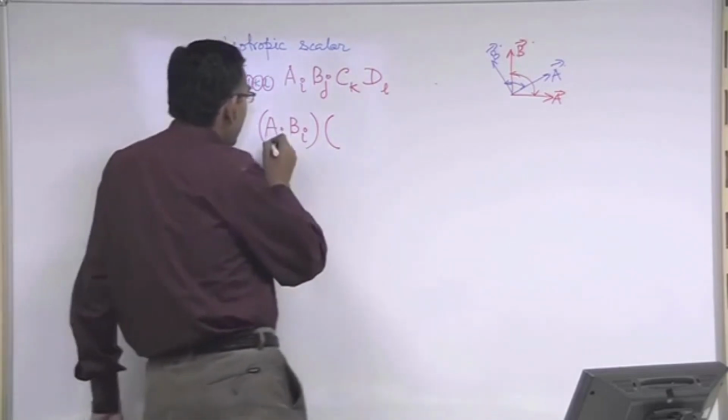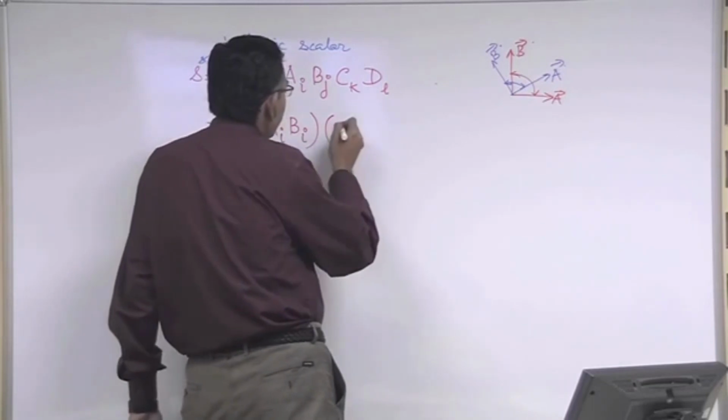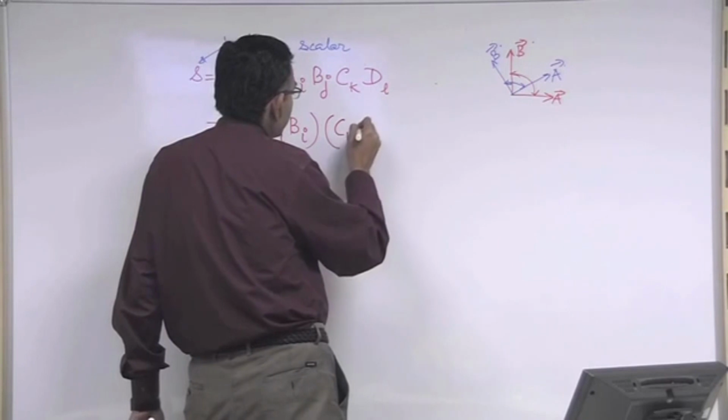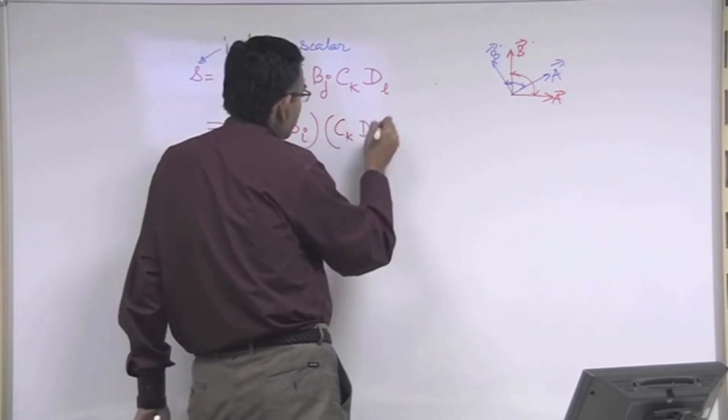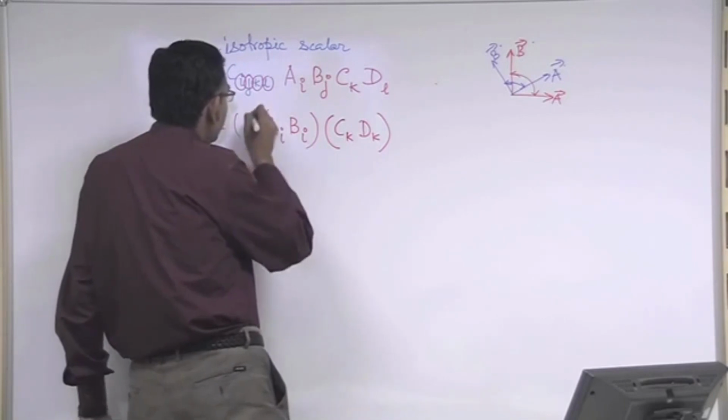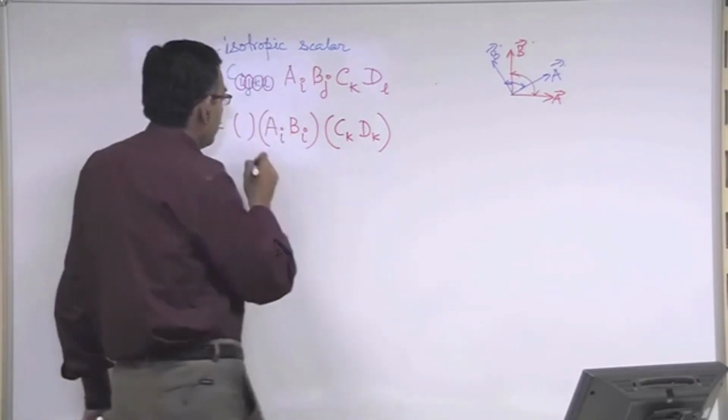So if we have A considered with B, then we have C considered with D, this multiplied by a factor plus